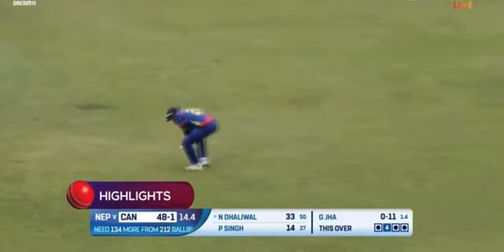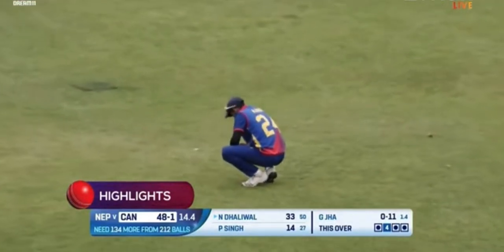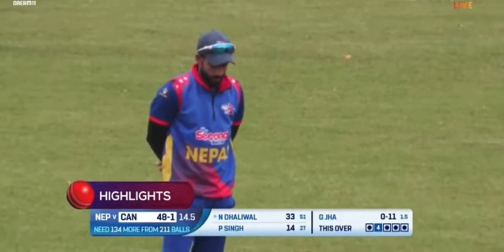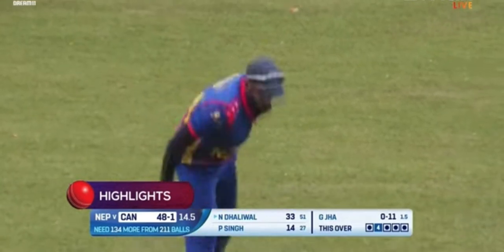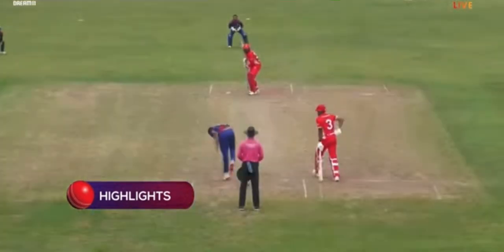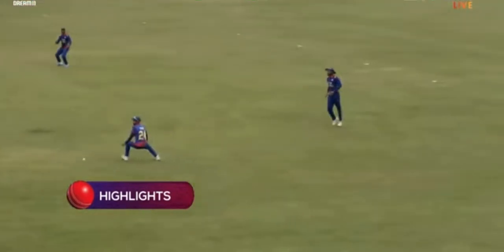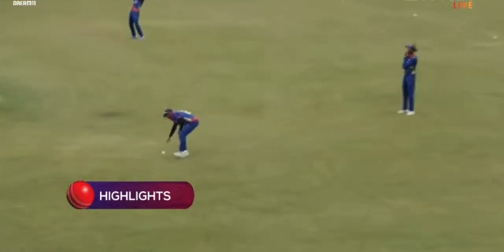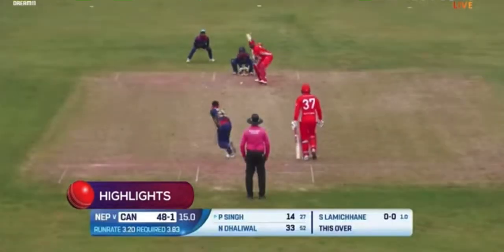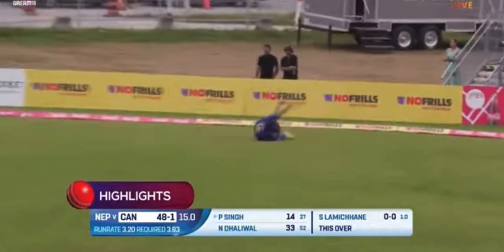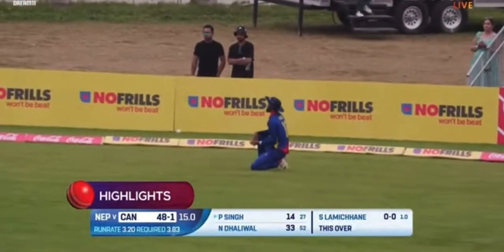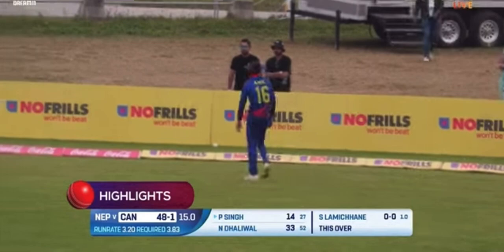When he's been put down, that's a chance that's gone down. Just wonder again, could there be a taller man in there? Would Anil Shah be better placed if it's probed away? It's a full one. Oh, you have to take that. He's got both hands to it. Juggle. Hit at a catchable height, but wide of cover, and Anil Shah, he usually has the gloves on himself. He misfields.